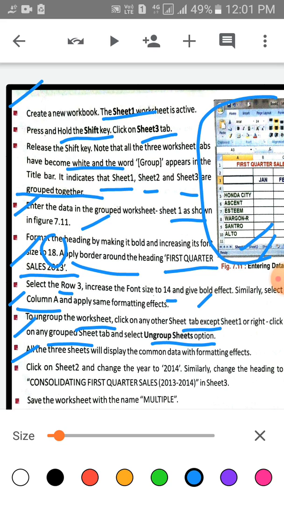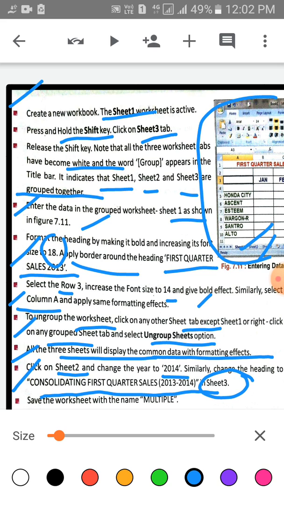All the 3 sheets will display the common data with formatting effect. Then children, click on sheet 2 and change the year to 2014. Similarly, change the heading to consolidated first quarter 2013-14 in sheet 3. Lastly, save the workbook with the name multiple.